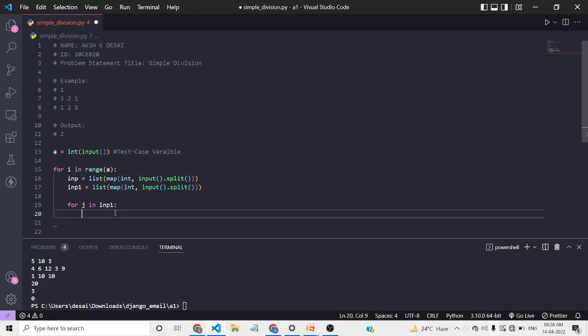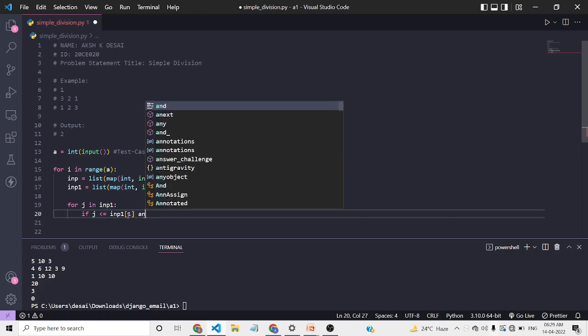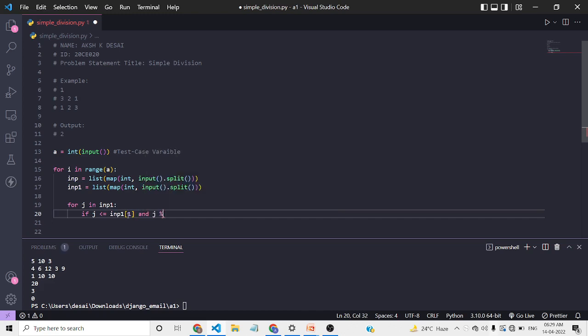So I loop over the array and check if j is less than or equal to inp[1]. Inp is the variable name of the array, and 1 is the index which contains the value of x, and j modulo inp[2]. Again inp is the variable name of the array and 2 is the index which contains the value of y, is equal to 0. Then